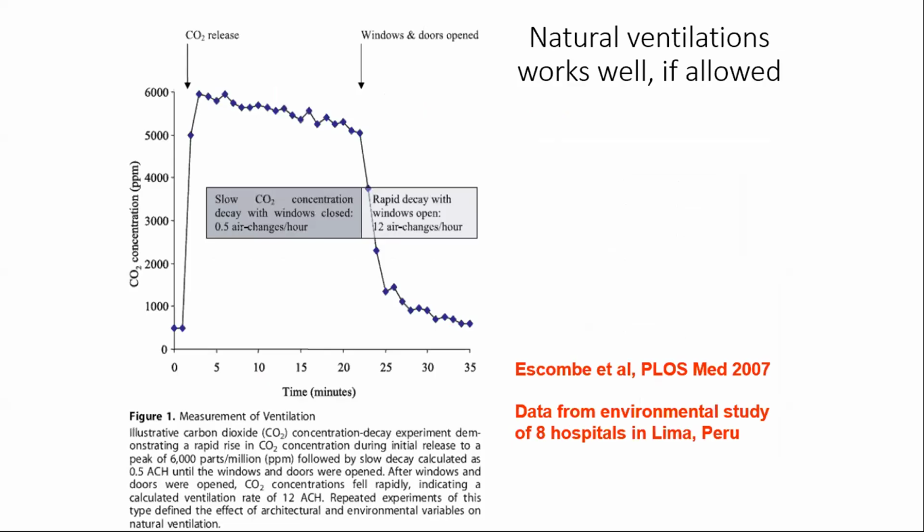So a decrease in CO2 level occurs when you open the doors and windows. So CO2 levels is indirectly due to expired air, और expired air में ही आपके जंतु ज्यादा रहते हैं। तो खिड़कियां और दरवाजे अगर हम खोलेंगे तो नेचुरल वेंटिलेशन काम करेगा और इफेक्टिवली काम करेगा। नेक्स्ट स्लाइड।